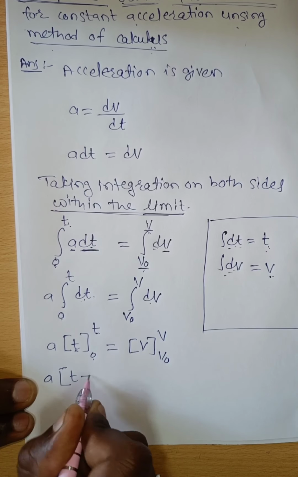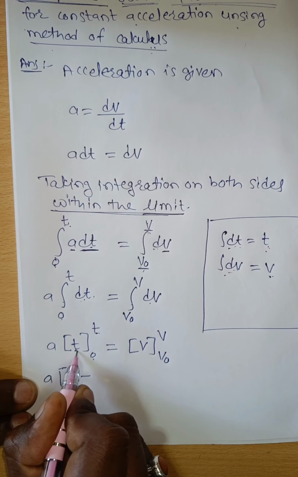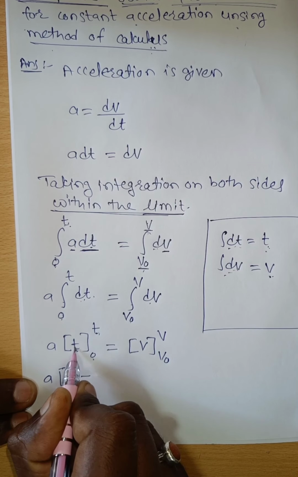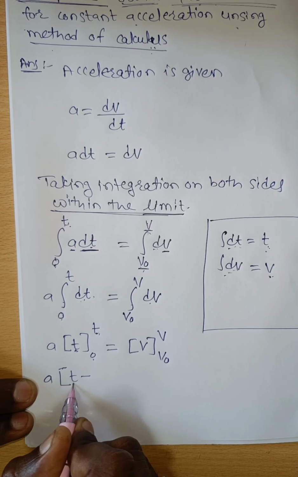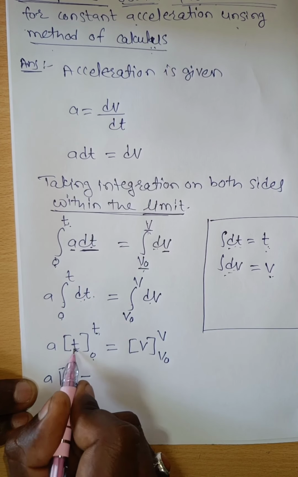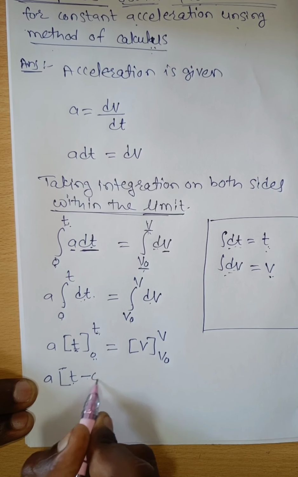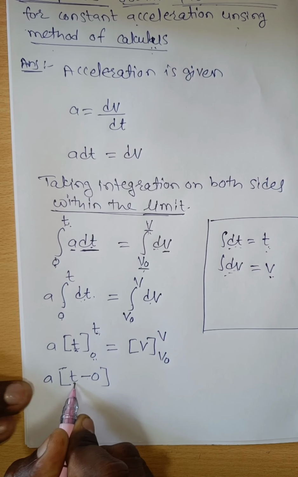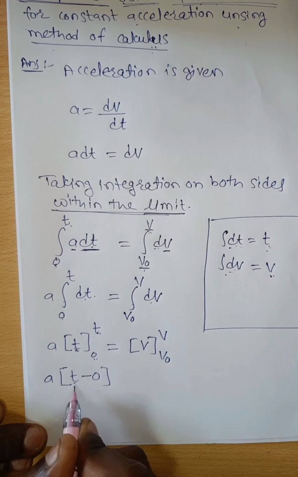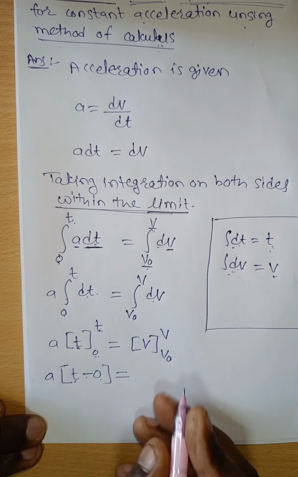Upper limit minus lower limit, which is equal to